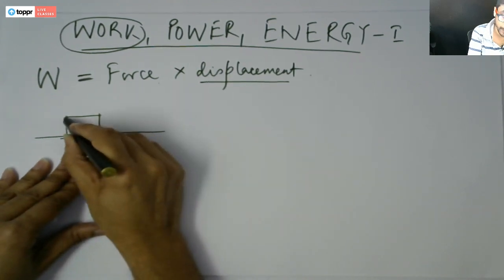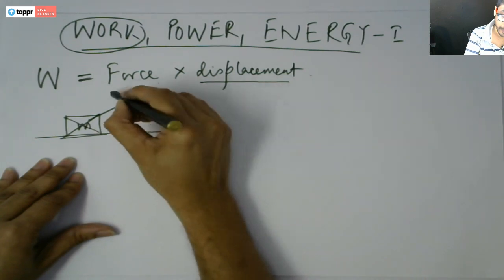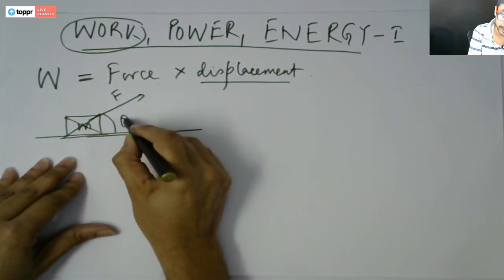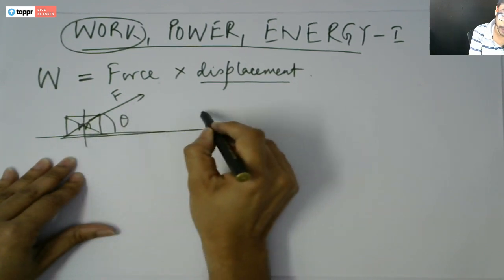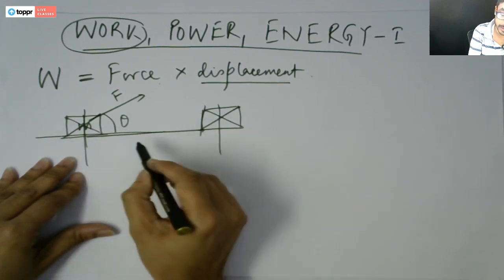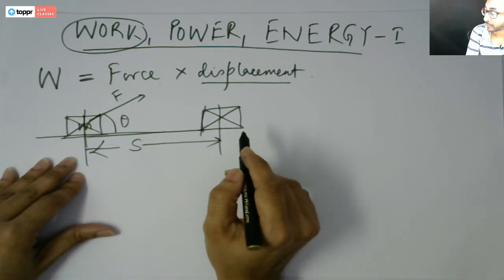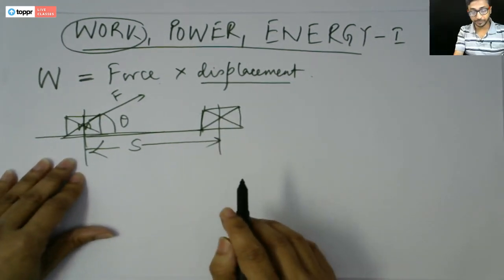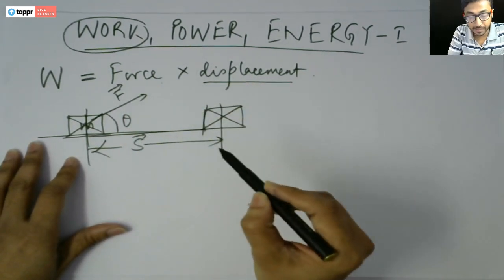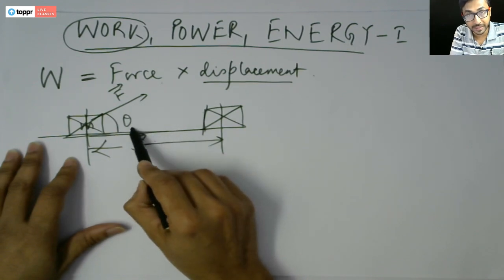If you have a body of mass m, if you apply a force here F, which is acting at an angle theta, and the body is translated till this distance, say this is S, then if this is the force, this is the displacement S, and the angle between force and the displacement is theta,